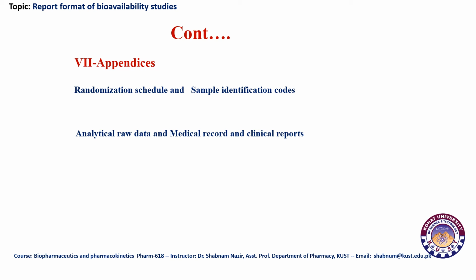Analytical raw data is the one which is initially obtained, and it is basically the chromatogram areas, and with the help of a standard used during the analysis, this area is used for determination of concentration. So those initial chromatogram areas are the analytical raw data before they are converted to the respective concentrations. That is provided, and the medical records and clinical reports of the volunteers